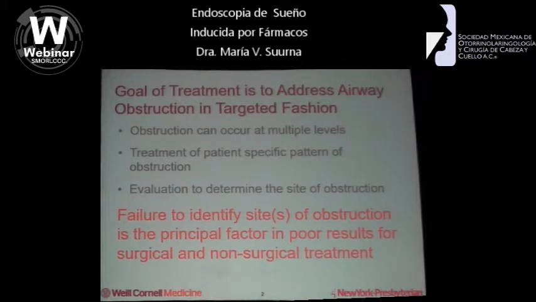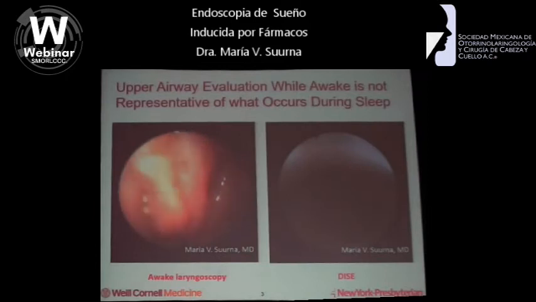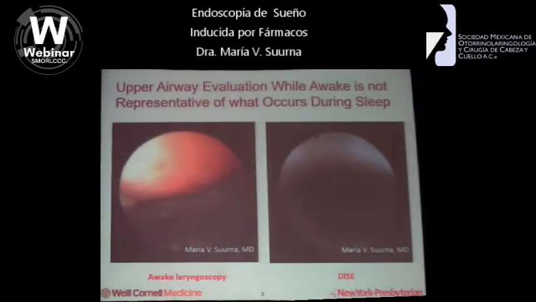When we talk about the surgical treatment of sleep apnea, the goal is to address the targeted area of airway obstruction in order to improve patency of the airway and improve breathing during sleep. The reason surgical procedures and treatments for sleep apnea do not succeed is because we are not addressing the proper airway sites. Failure to identify the sites of obstruction is the principal factor in poor results of surgical and non-surgical treatment. In our office, we usually look at the patient's airway, we do the physical exam, we all have laryngoscopes,